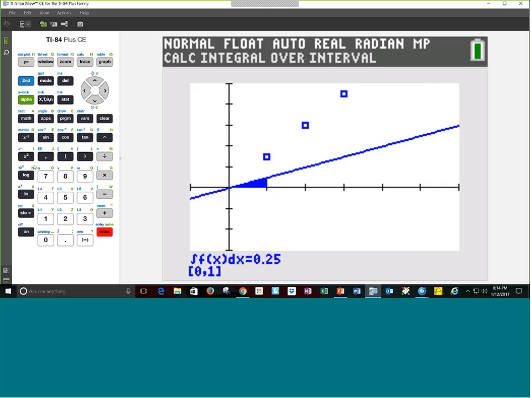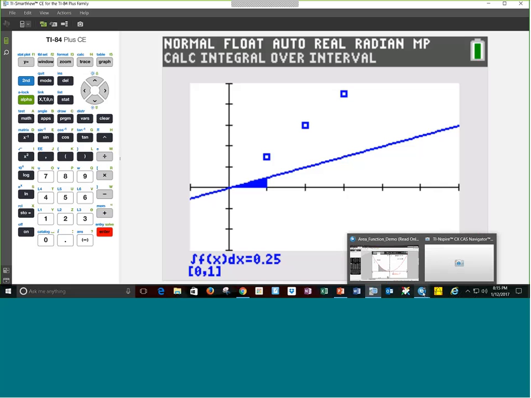But if they were to get the areas from 0 to x of t over 2 dt for perhaps x equals 1, 2, 3, 4, 5, and then plotted in the scatter plot, they would begin to see a parabola, which is really neat for the kids. So now what I'm going to do is actually switch over to the TI-Nspire and show you an activity that is very similar,